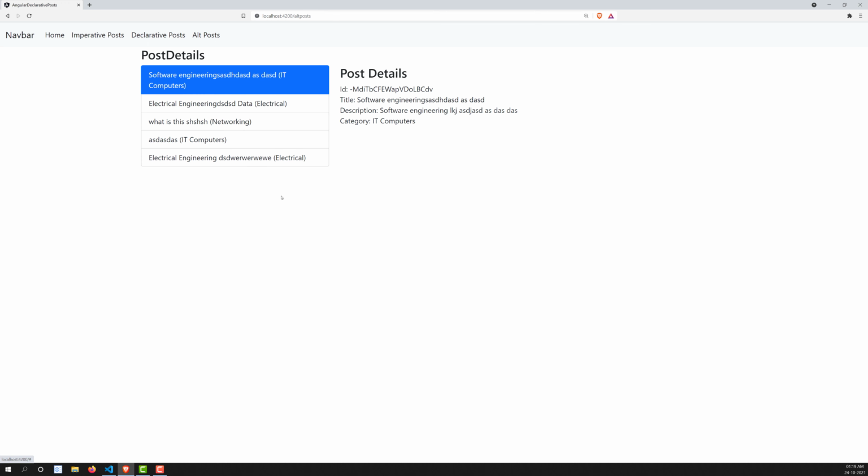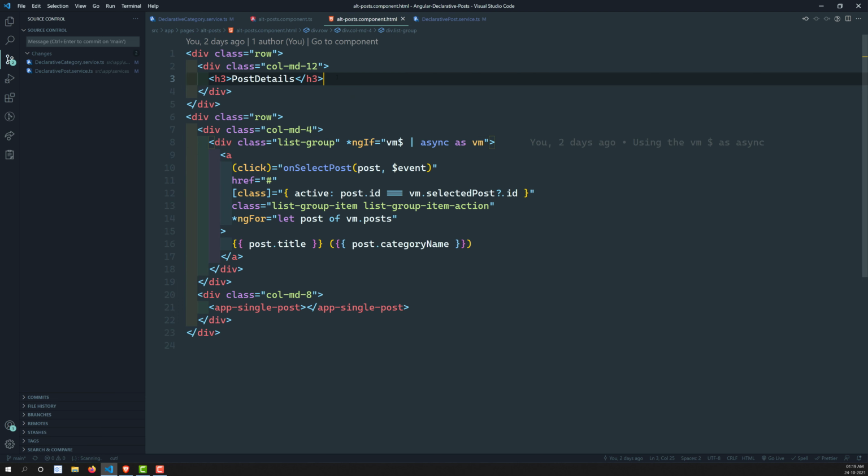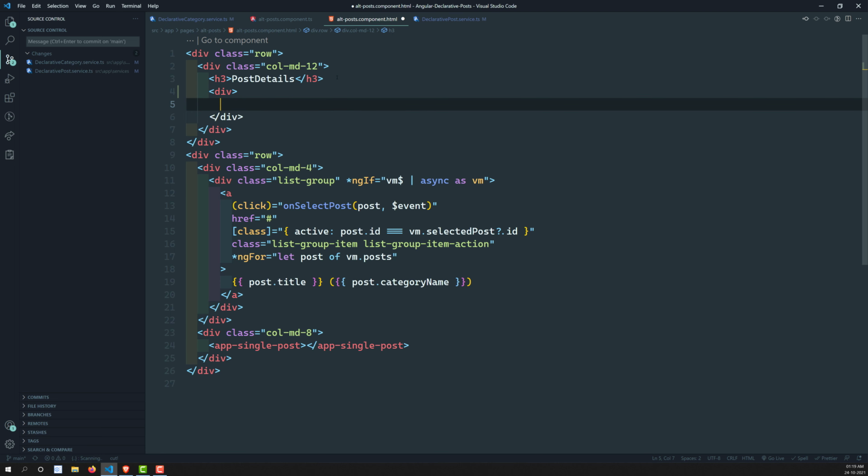Another one is that while showing the posts on the left side, on the right side we will show the post form, so that we can add a post right here. When this post is added, it should be added automatically at the bottom of this listing. So let's see this second form. Here I will add a button, something like add post. If I go to the alt post component, which is responsible for showing the post details, here I am adding a button.